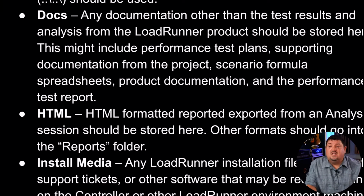The output of LoadRunner files can be in a Word document, can be a PDF document, and it can be HTML. I recommend using HTML when you can because those are much smaller files, and I would create an HTML directory and put those LoadRunner analysis reports, test result reports in HTML format. It's pretty easy to find a web server, create a web server somewhere, and stick those HTML files on there and send a URL link to people who can just click on it and read it for themselves. Generally, those HTML reports have an export button for the graphs where people can actually export the data that's behind the graph into an Excel spreadsheet and create their own graph if they want to filter further than what you've done in your test results